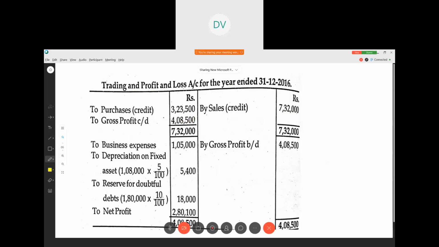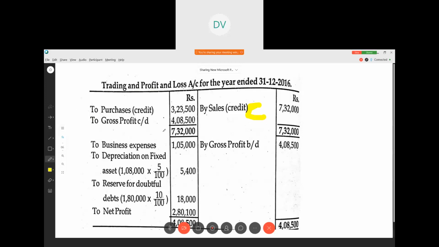Okay, let us prepare the trading and profit and loss account. I told you, by sales, always it comes. So sales means credit sales plus cash sales. Both we have to take. Cash sales is not given, so directly we can write 7,32,000. Then purchases. Again, purchases means both cash plus credit. Net purchases we have to write. So here only credit purchases are there. It's okay, we can write. There are no other direct expenses, right? So usually what will be the format? Opening stock, purchases, direct expenses. Right? Here there is no opening stock, they said. So we are writing only purchases. Clear? The balancing figure will be gross profit.